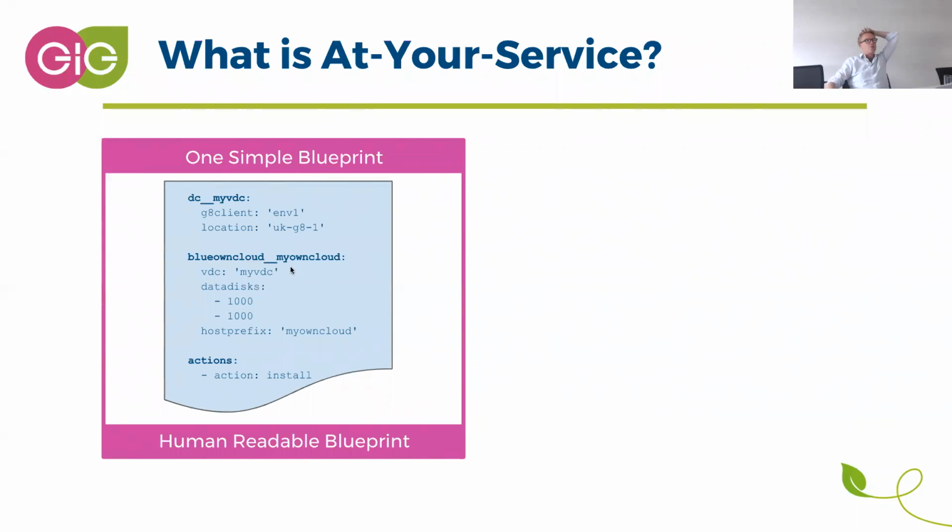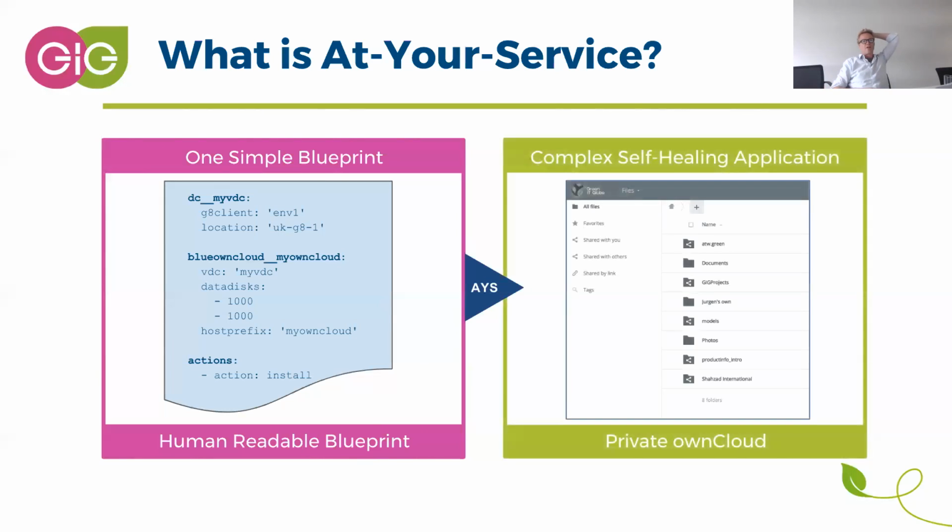And then I say, you know what, this own cloud thing needs to have two disks of 1 terabyte. Yeah? And it needs to be accessible through a host prefix my own cloud. And just install it. This is a real example, and we have it in the system. This typically leads to a Dropbox-like web application that looks nice, that is working, that is self-healing,